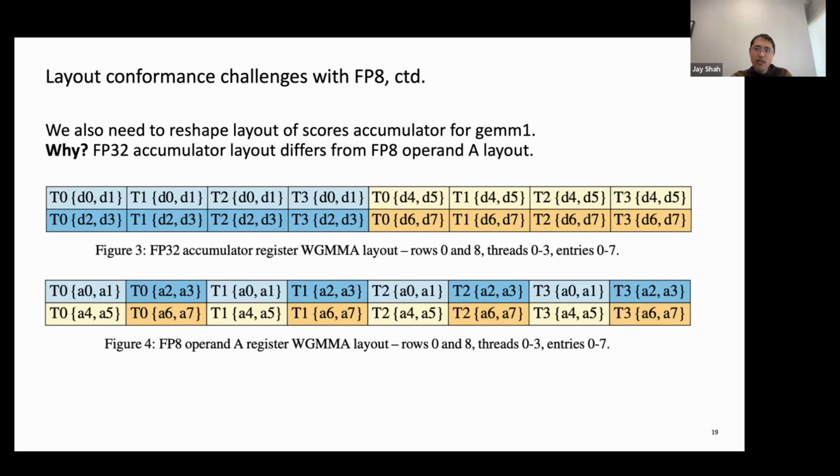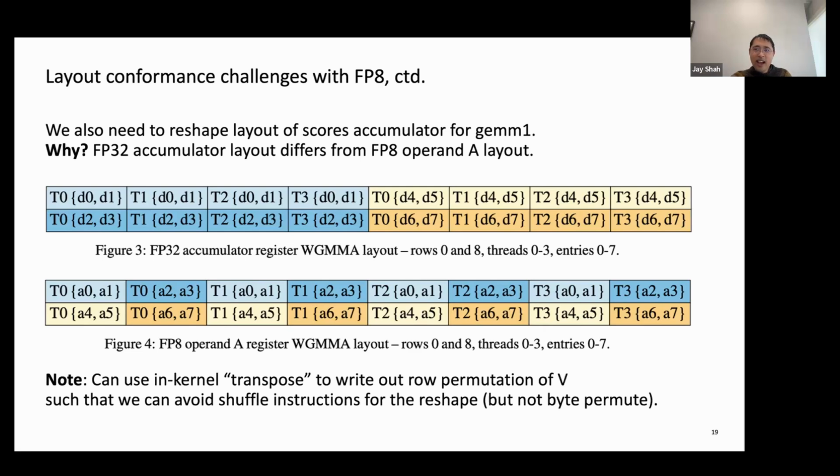So to successfully implement this algorithm, you have to know the assumption that WGMMA makes in terms of the thread ownership of the values of the tile. If the assumption is violated, as it is for converting from FP32 to FP8, you have to do some register movements to ensure that it's satisfied.